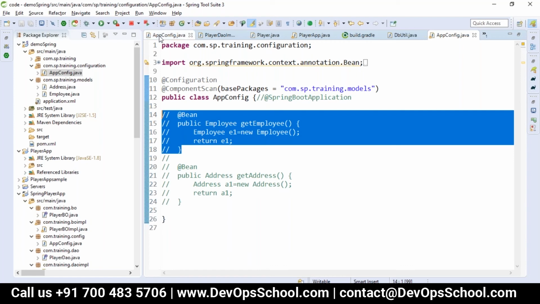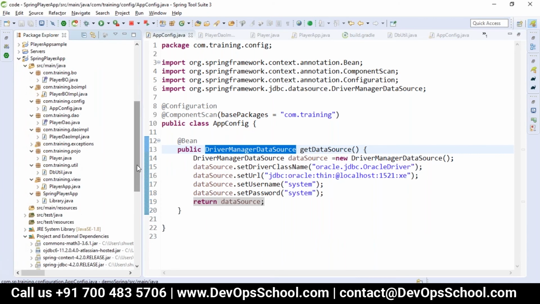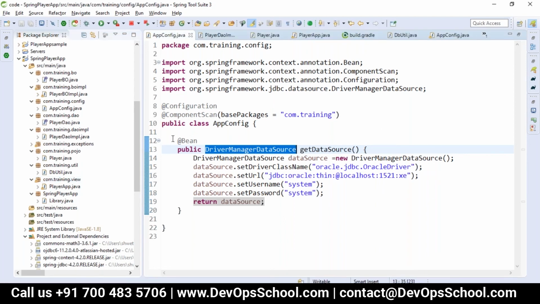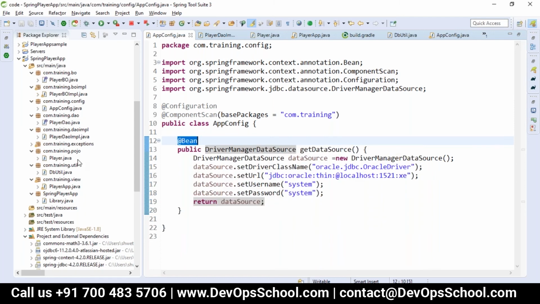So now we wanted the database connection to be established. For that in Spring JDBC, we have a driver manager data source. We're anyways doing a new driver manager data source, right? So, with or without @Bean, will it work, or won't it work? @Bean is mandatory. When you write @Bean, then only it will create the object. The application context will create the object. Else, we have to inject this object ourselves.